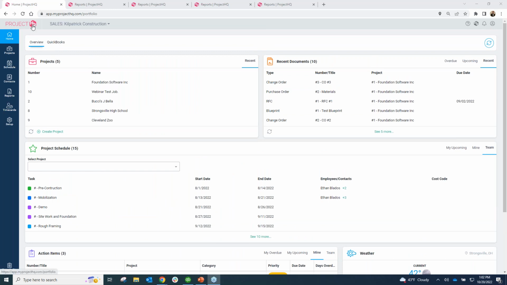So with our HQ suite or Project HQ, there are a couple different sections here. The first section is our Project HQ for project management. The second portion is the Crew HQ for scheduling and labor dispatch. We have a contacts tab down here, a reporting tool area, a time card area, and then also a setup piece as well. So I like to jump into the setup and show that off